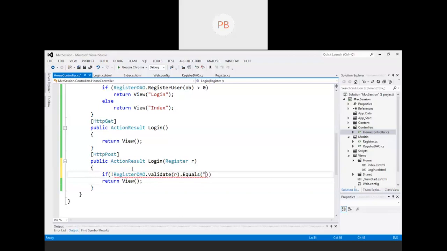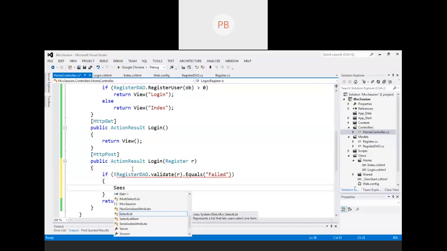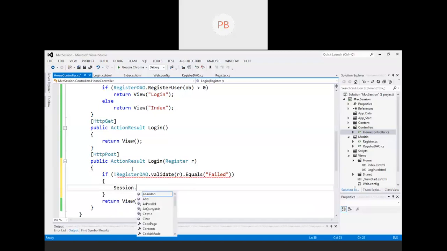If it is not equal to failed, it simply means the login is successful. And if the login is successful, I need to save the username within session. So I will say Session.Add uname, comma, the value returned by that method.